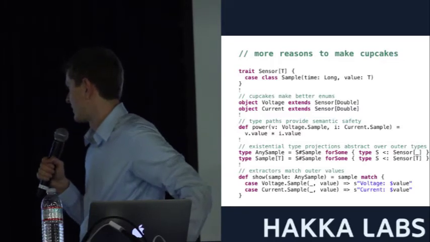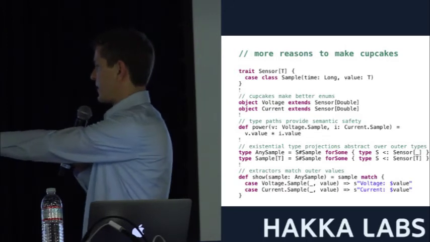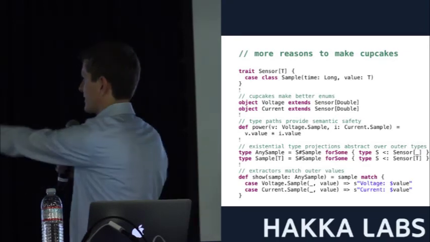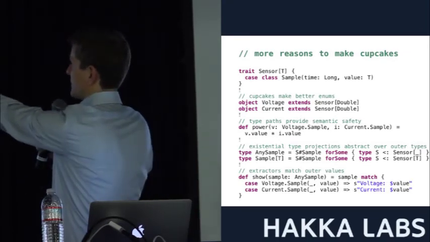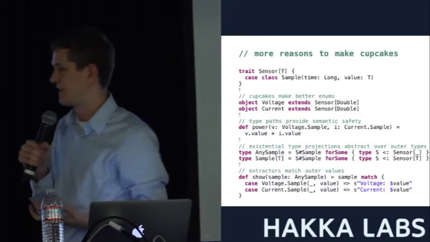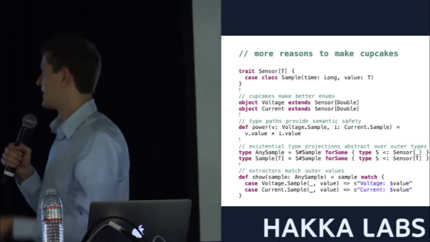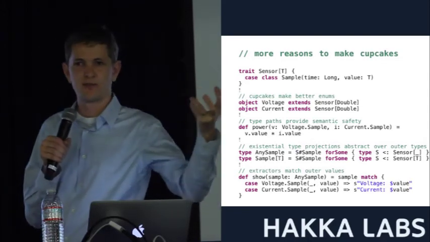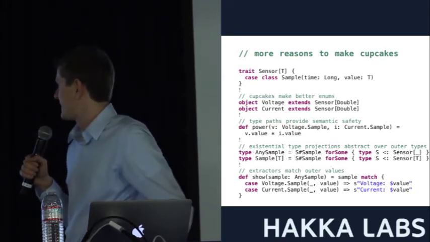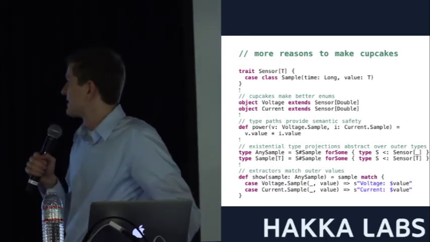But it's nice and readable, and it's great for reactive applications in Akka to be able to send these things around with very little syntax. So here we just define this one sample type, but there's potentially a lot more that goes along with the sensor. You might have buffers of sample values that you want to store in a special format, but you don't want any of your code that works with samples to have to care at all what the details of serializing those things are. So this idea of wrapping up your types in a meaningful context,